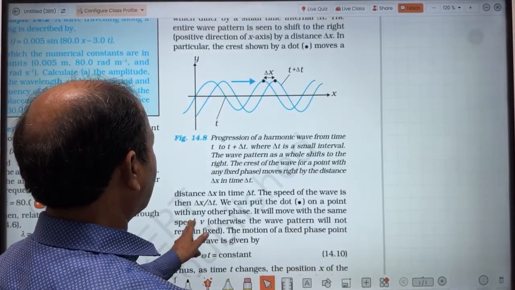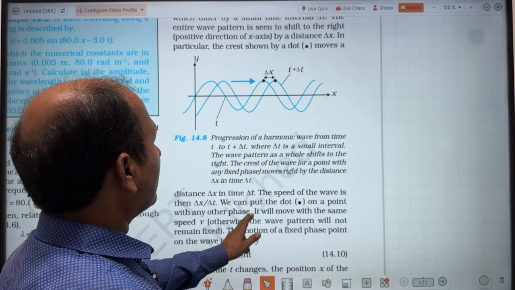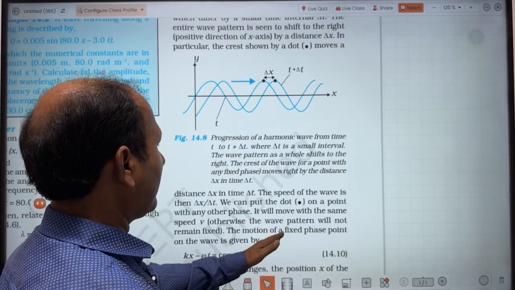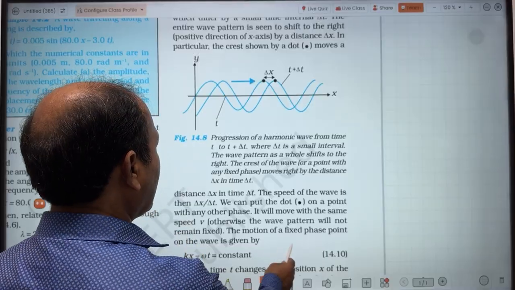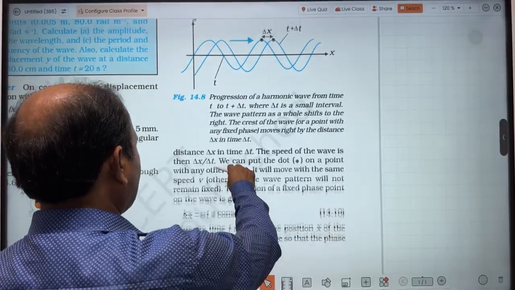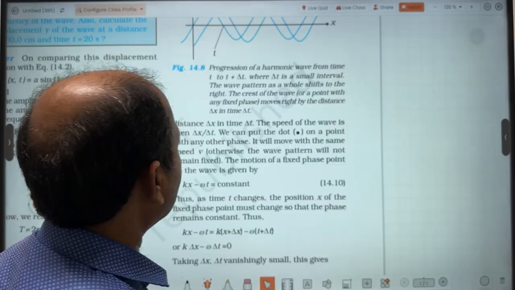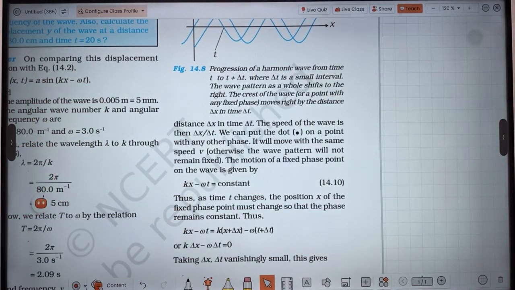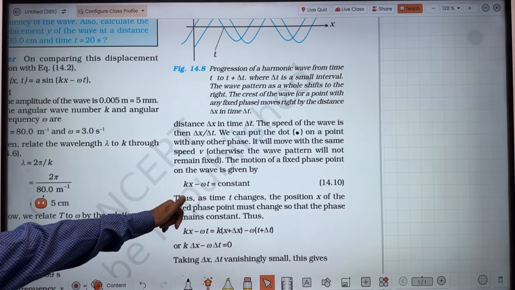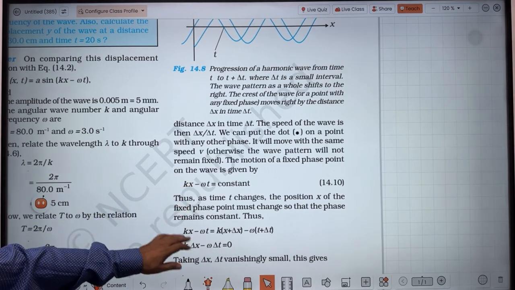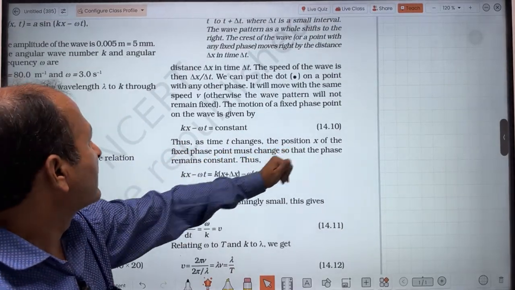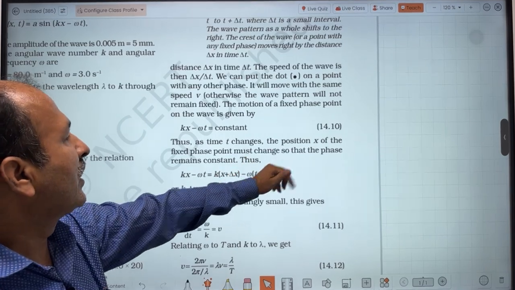We can put the dot on a point with any other phase. The point should be on the same phase. It will move with the same speed v, otherwise the wave pattern will not remain fixed. The motion of a fixed phase point on the wave is given by, so we are considering the phase. Phase means angle, and we write kx minus omega t equal to constant. Now there are two possibilities. This equation can be differentiated either with respect to t or with respect to x. So let's see that as time t changes, the position x of the fixed phase point must change so that